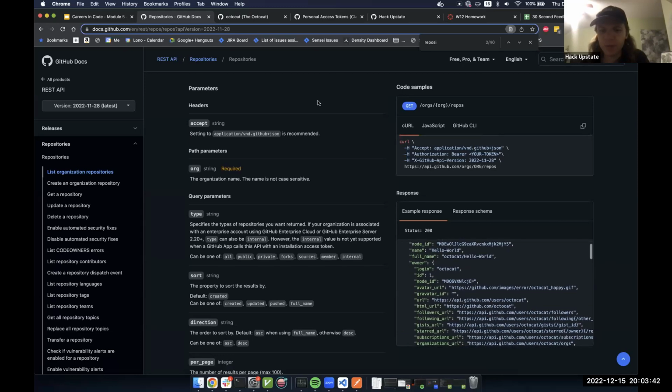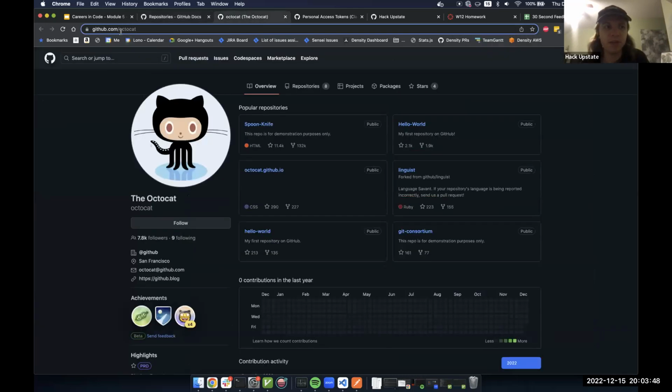But I think the thing that I'm also noticing here is that I see this octocat thing all over the place. And if you were a keen observer, you'd notice this was github.com/octocat. This seems to be some sort of identifier that's used in the API too. I'm just keeping an eye out, noticing things and trying to